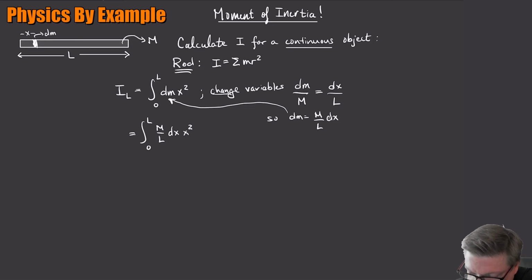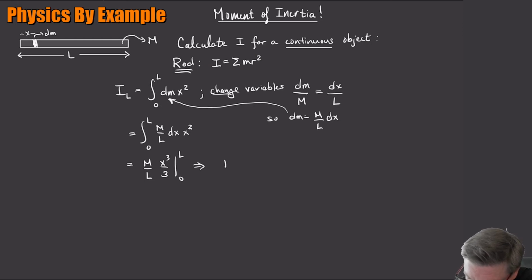x squared. Okay, well, that's going to be pretty easy because the m over L, those are constants, that comes out front. And then I just have the integral of x squared dx. Well, that's pretty easy. That's just x cubed over 3, right? And then I evaluate it from 0 to L. So this is just going to be equal to m over L, x cubed over 3, evaluated from 0 to L. Well, if I plug in 0, I don't get anything. If I plug in L,